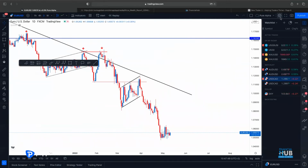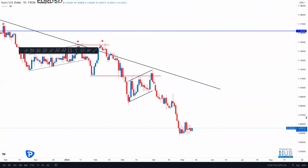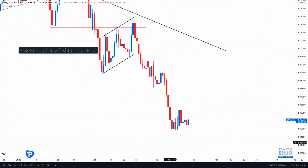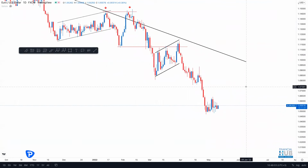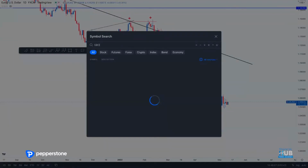So EUR USD is sort of the same narrative of what we're seeing on DXY. Ever since we got this strong momentum this week and late last week, or more or less the better part of last week, market hasn't really moved. It's sort of dangling around this region, which is normal. Market needs to breathe after a strong movement on either side. So no bias on this one as well. GBP USD